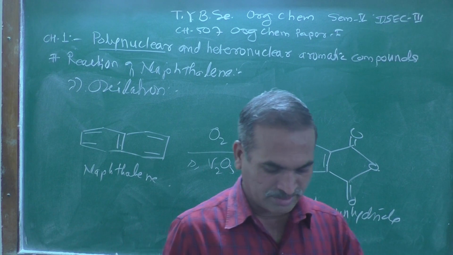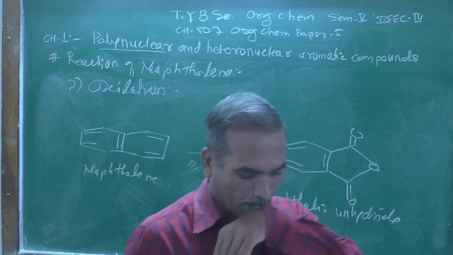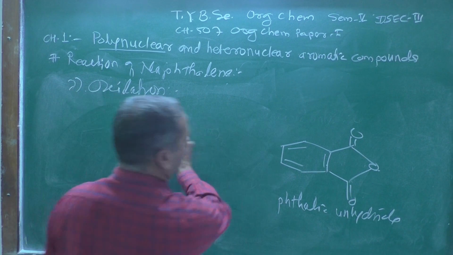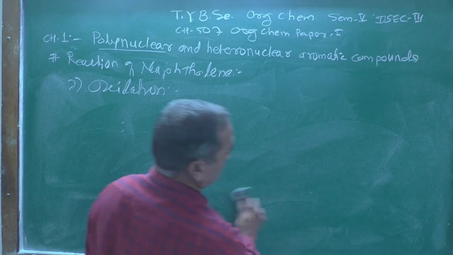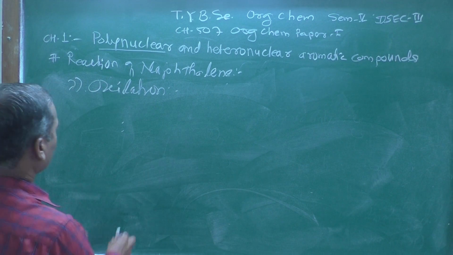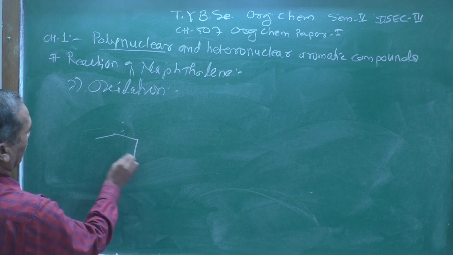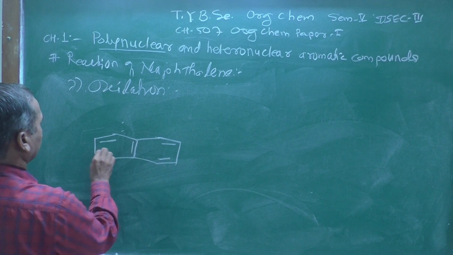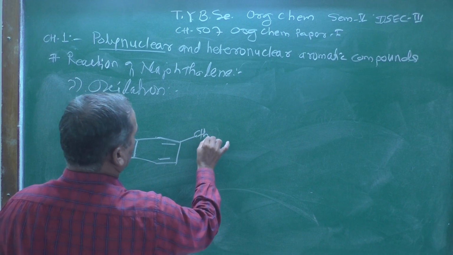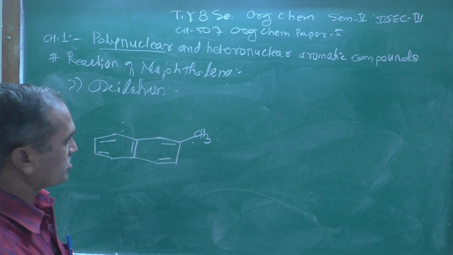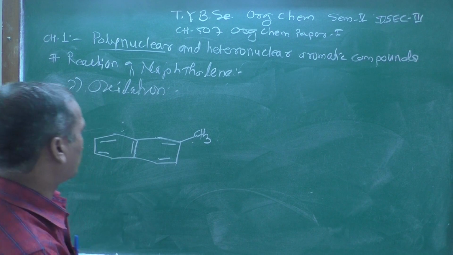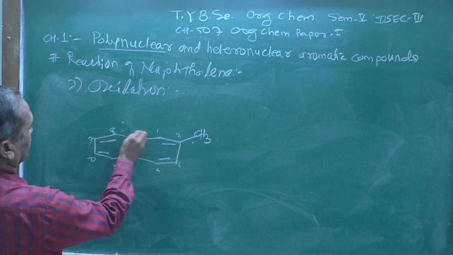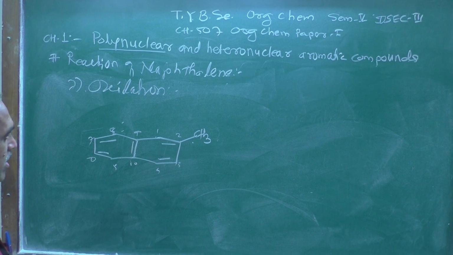Now the second one, the substituted naphthalene, let us see with a methyl group. Let us see another example of how the oxidation can be done. Let us take the substituted naphthalene in this case. Here I am showing the example of methyl naphthalene, a substituted naphthalene, and we can give numbers 1, 2, 3, 4, 5, 6, 7, 8, 9 and 10. This is a numbering system always followed in